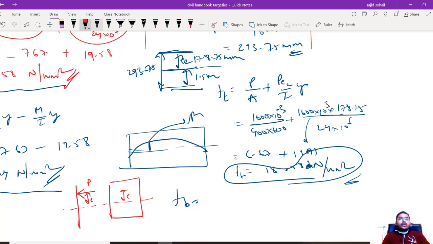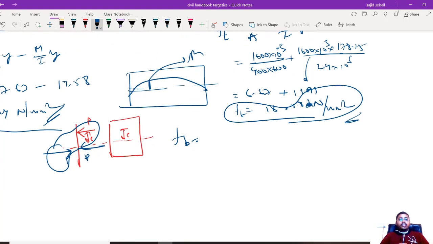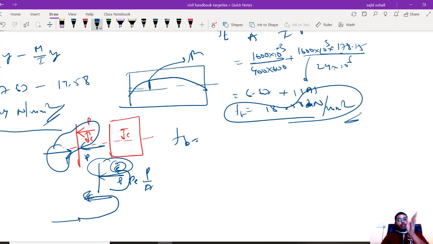So what you have to do is transfer it to here. You know what you have to do, equal and opposite forces. You can see these two forces. So just join your arrow. So this is the direction of moment. So whenever I am transferring this P to the neutral axis, I will be getting something like this. At the top, what will I be getting? P by A. And because you can clearly see the arrow, it's towards the top. Therefore, I can clearly say it is positive.